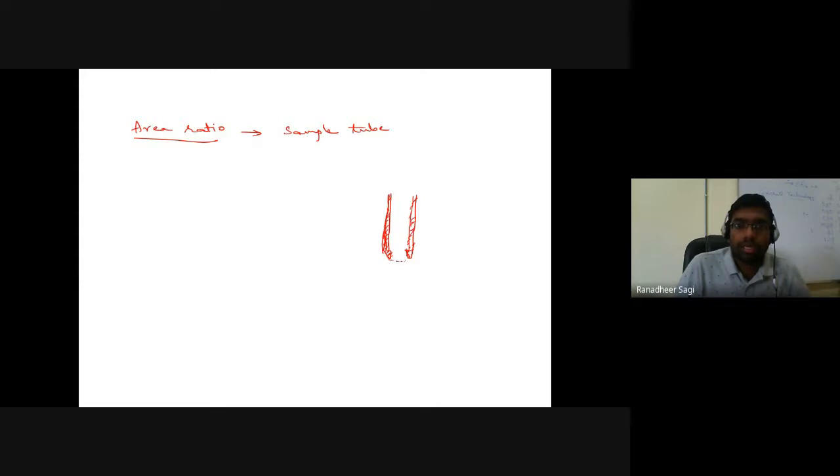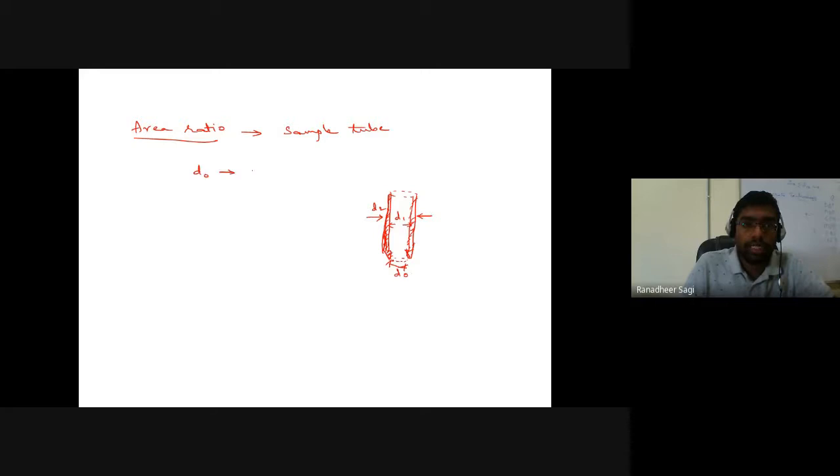Let's say this is your hollow cylindrical tube, what we are trying to talk about. If you look at this hollow cylindrical tube, at the bottom of the tube, where the soil sample is entering in, the diameter of that tube, let me indicate it as D naught. The inner diameter of the hollow cylindrical tube I am indicating as D1. The outer diameter of this sampling tube I am indicating as D2.